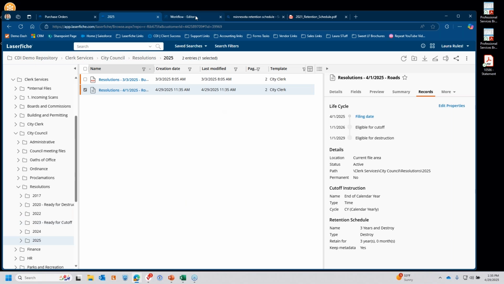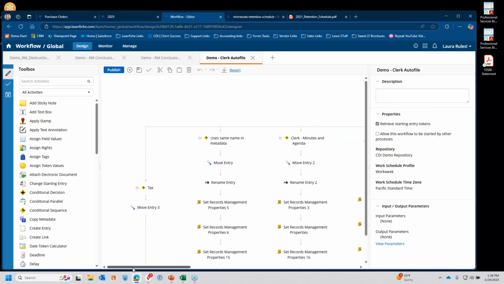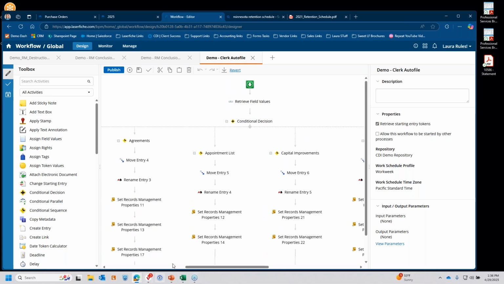So let's take a look at what that looks like. I'm not going to walk you through how to build a workflow because I am not a workflow expert, but I want to show you just a simple version of what an auto-filing workflow could look like. But again, this workflow configuration is really good if you're trying to do it all on your own. But if you've got a lot of different document types and a lot of different retention schedules, chances are